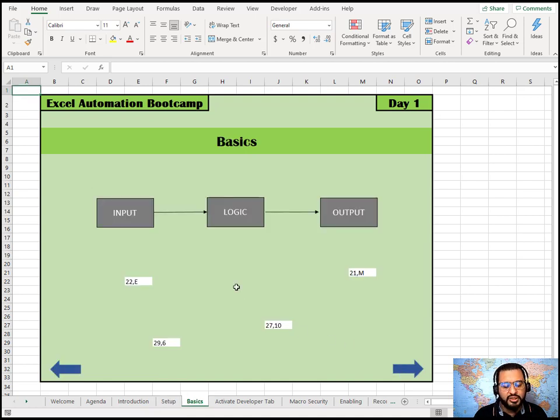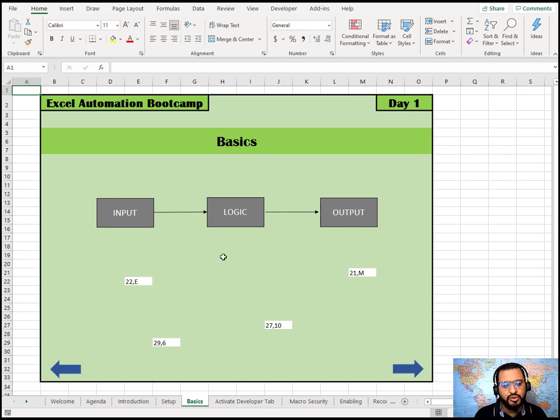So moving forward, let's come to the basics of Excel where we will apply the VBA knowledge. When we have to get a desired output, we should be clear what the input is. The input could be in the form of data in some cells or it could be somewhere else. So we have to see what kind of input it is, clearly identify that input, then define a clear logic based on which we will get the desired output. That is what we'll do throughout the course. We'll clearly identify the input everywhere, define the logic, and then get the desired output.